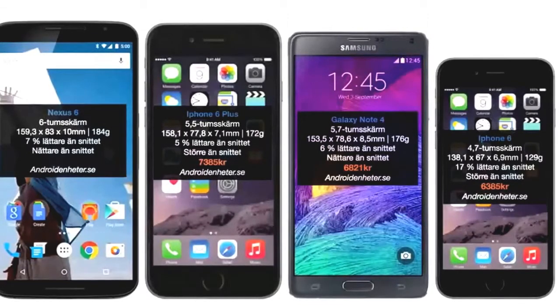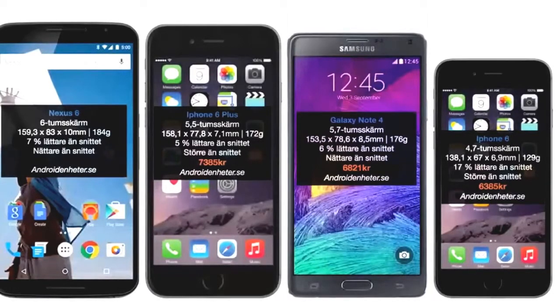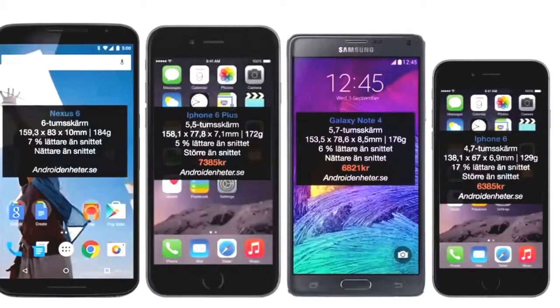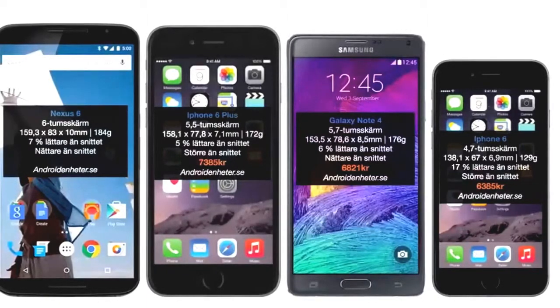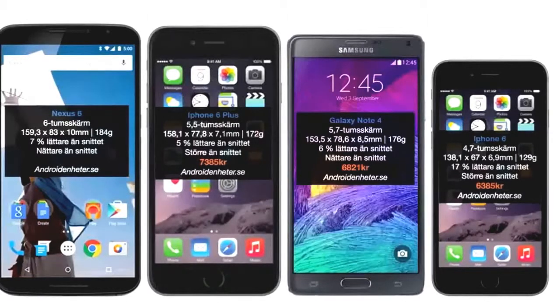It's going to be interesting to see how it feels for me personally. Usually I do enjoy big phones, but this might be just a little bit too big for average everyday usage. And then it doesn't take advantage that much of the bigger display. It seems like